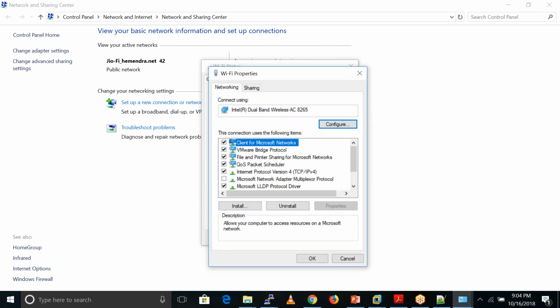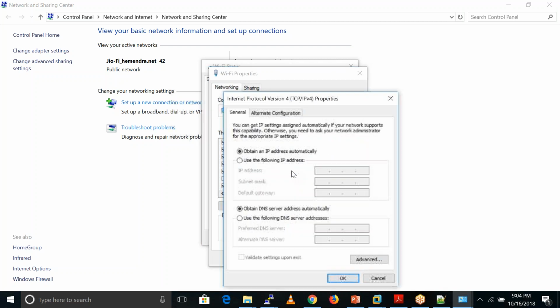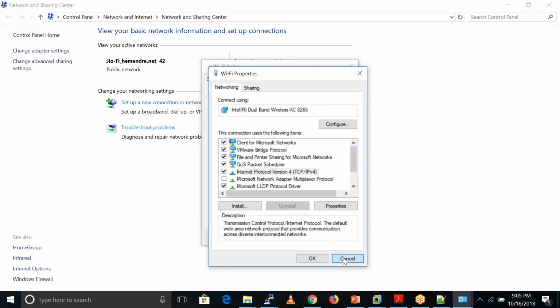DHCP is a server which provides the IP address, because if there are some sales guys and some marketing guys, they are not aware about the IP address and those kinds of steps, right? They are also not aware of how we can configure that IP address on a device, on a system. So what people do, people basically configure one DHCP server, so all these kinds of users get the IP address from DHCP only. Okay, let's suppose here I am getting the IP address dynamically, automatically. So that is the meaning of DHCP.